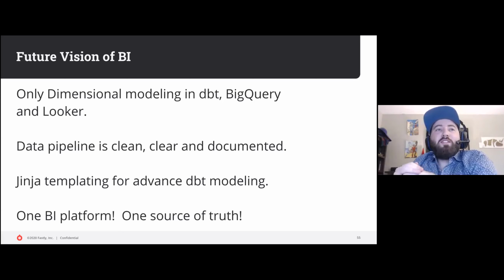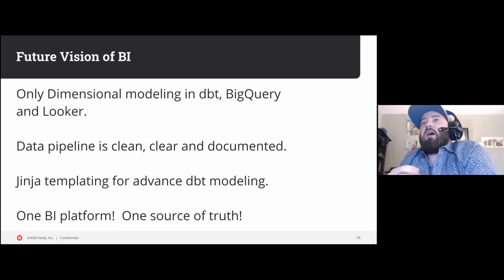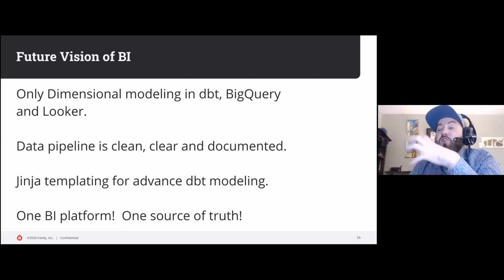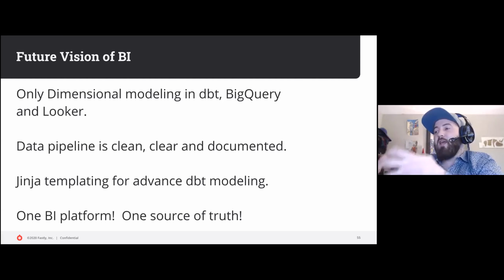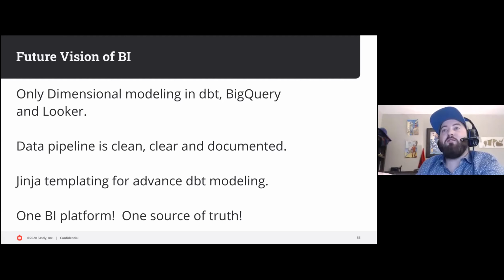We also want to make sure that the data pipeline is clear, clean, and documented. And this is probably a goal that my boss has a lot that's really hard during this ideation, that it's not enough to just create a really great instance of your new data and your workflow. You also have to make sure the old stuff gets purged. You have to make sure that you migrate off, that your ideation process and your imagination gets handled in a way that makes sense and doesn't clutter up all the other logic that you're working on. Because at the end of this, if we just have 5 models per business process, we're just kind of replicating the same mistakes we made with Domo and those data flows,